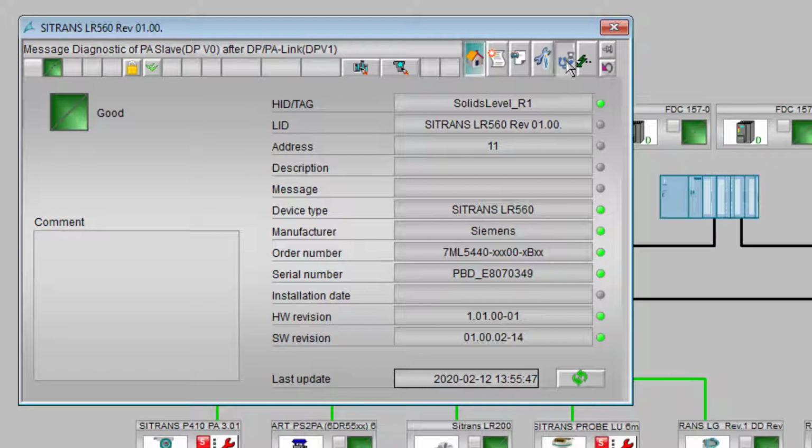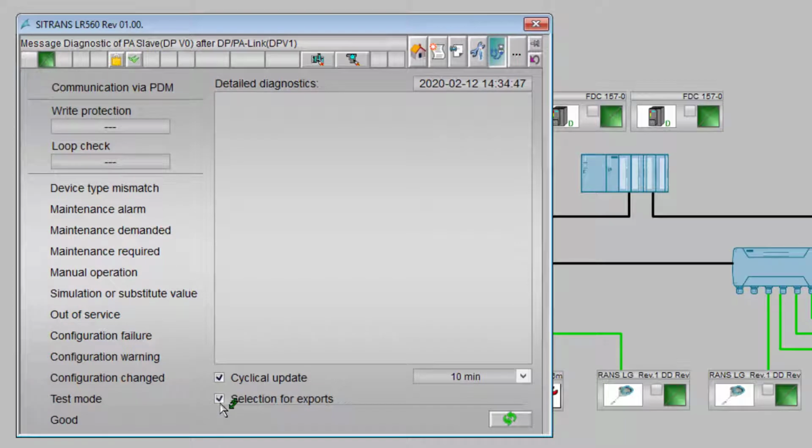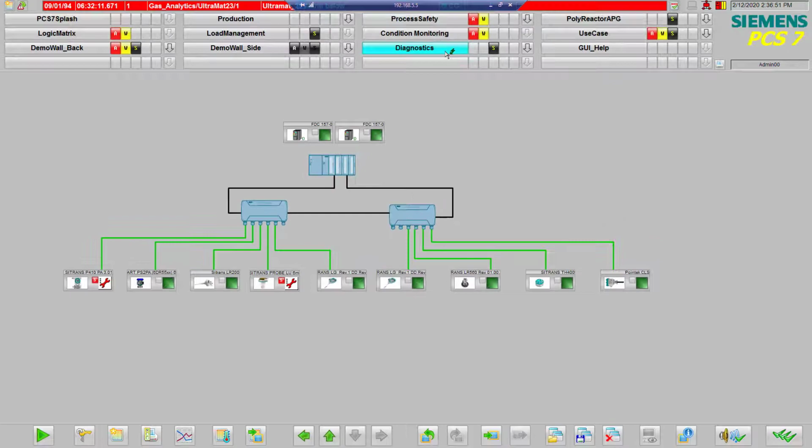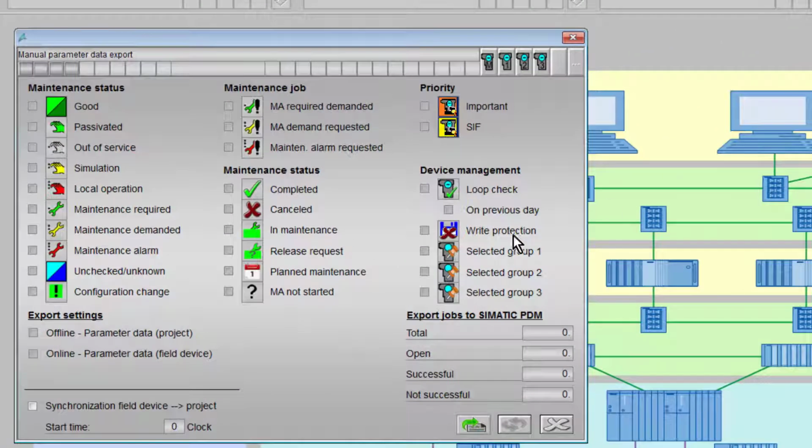What you have to do is click on the Diagnostics tab and select cyclically update every 10 minutes, and then select for exports. You may have an option on here to select a group, and then there's 3 groups. If there's no option, the default is group 1. So once we've got that done, we go back to the main screen, select on parameter export schematic PDM, and